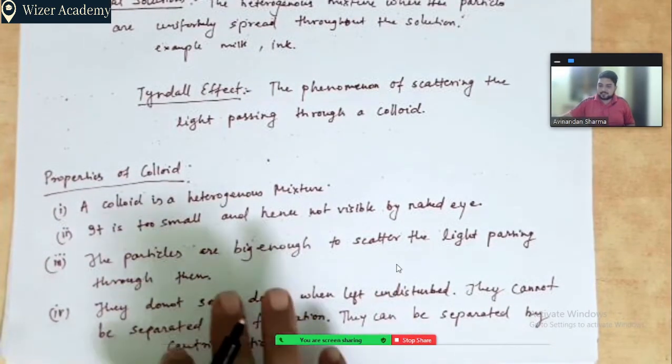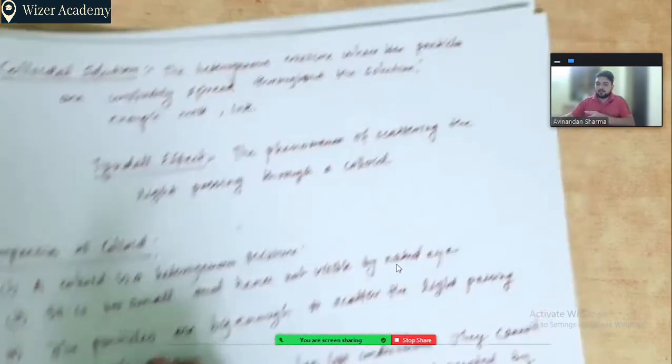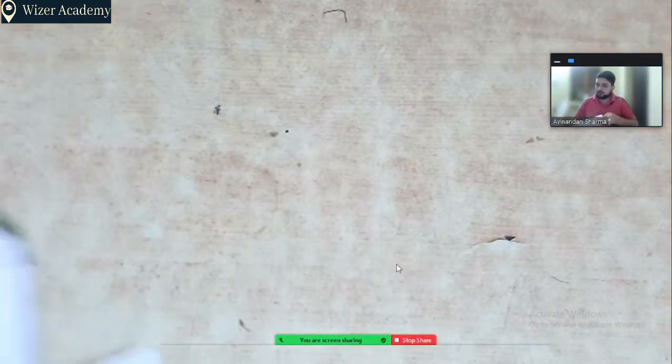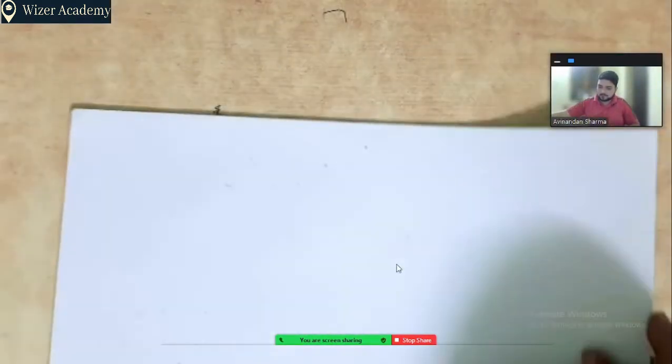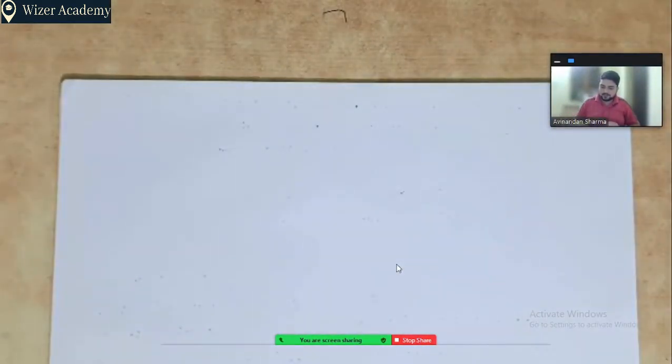Next topic we will be discussing is separating the components of a mixture. How can we separate the components of different mixtures? There are many processes by which we can separate the different types of mixtures. If it is a homogeneous solution, it is a little difficult to separate because the particles are very much mixed together, and if it is a heterogeneous mixture, there are different processes by which they can be separated.